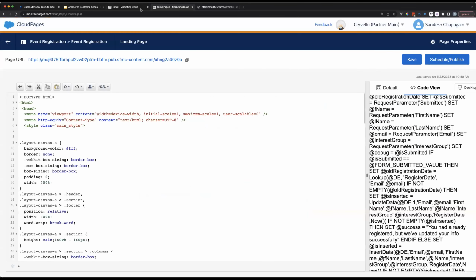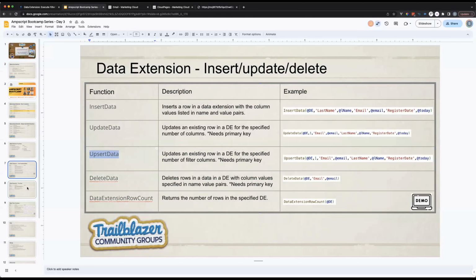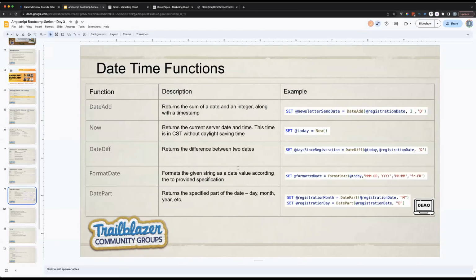I also wanted to cover the date functions, but I guess we're out of time. So I'll take in questions if you have any. I'm looking at the chat, Sandesh, and thank you for the detailed overview of these functions. I'm sure everybody is able to follow.